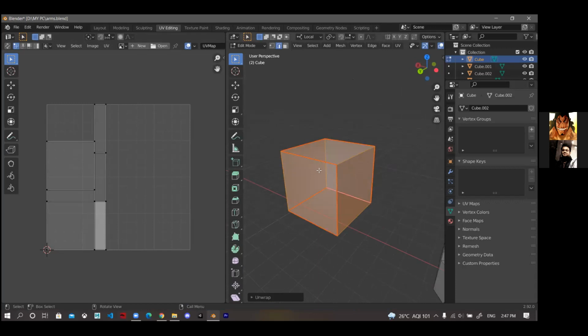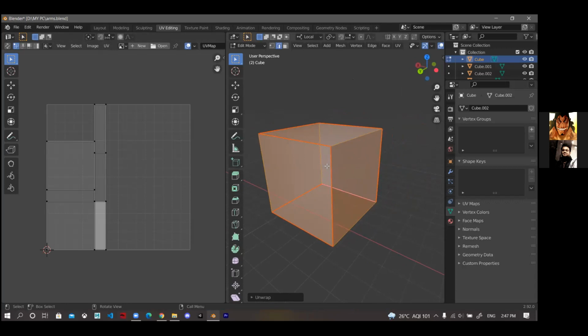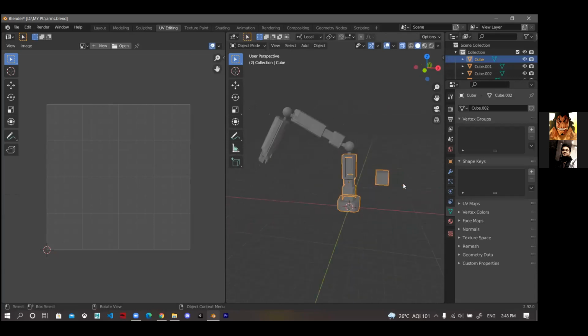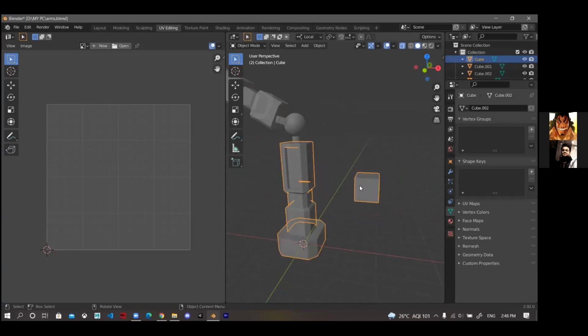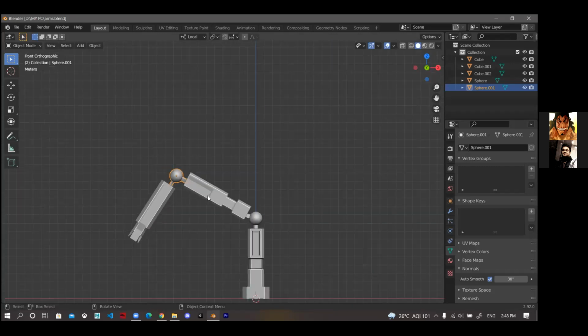The previous one was different, but this is a different UV unwrapping because I cut it a different way. This is basically the UV.